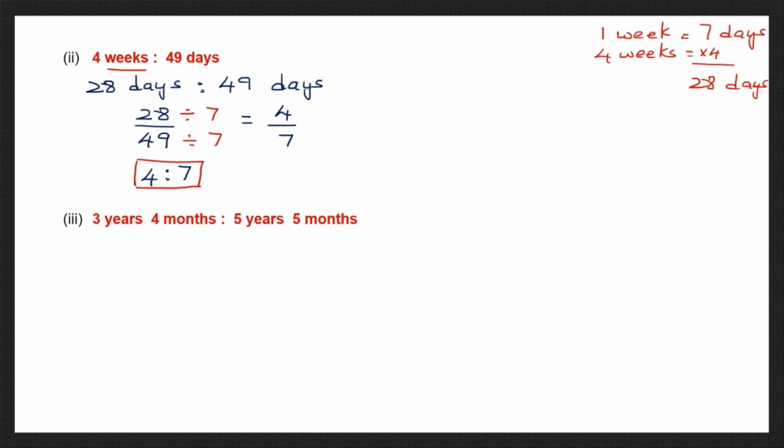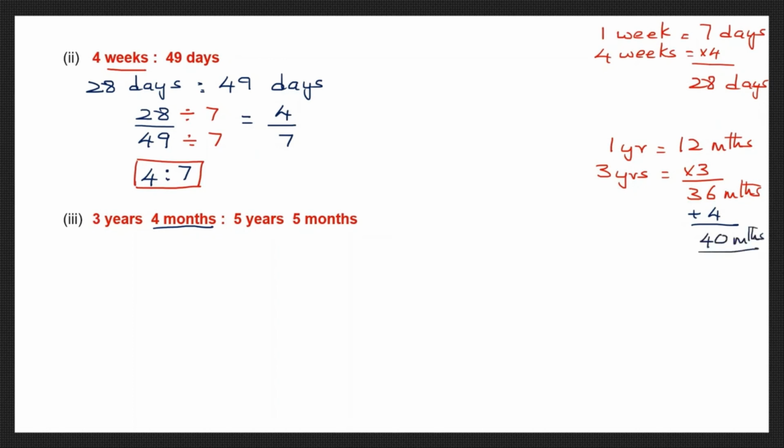Question 3. 3 years 4 months, 5 years 5 months. Shall we convert them all to months? Okay, so we know that 1 year has 12 months, isn't it? So 3 years will have 12 into 3, which is 36 months. And we have in the question plus 4 months. We need to add that plus 4 months. So that makes it 40 months. So let's write that here. 40 months